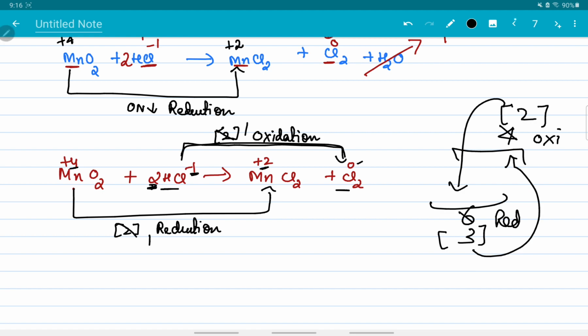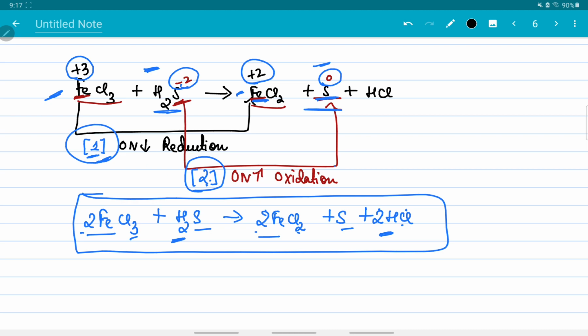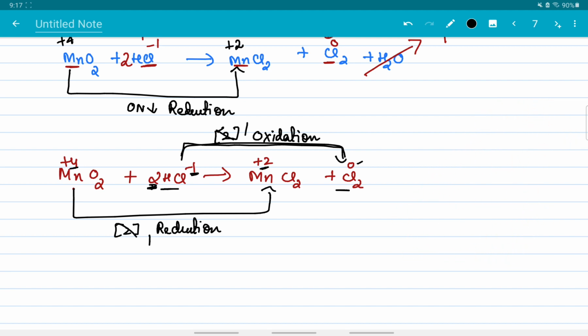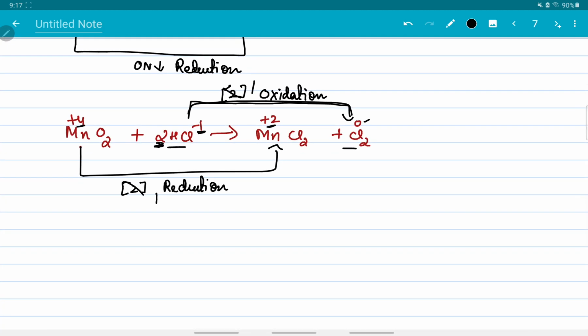Okay, right, like in the previous case you had 1 and 2 as the difference, and 1 and 2 further cannot be cancelled. That is why I brought this example over here, that they were 2 and 2, and 2 can get cancelled. So now we did not multiply with anything because both the sides is having 1. So if I write the final one, it's like this: MnO2 plus 2HCl giving MnCl2 plus Cl2. Okay, now our cross multiplication step is also done.